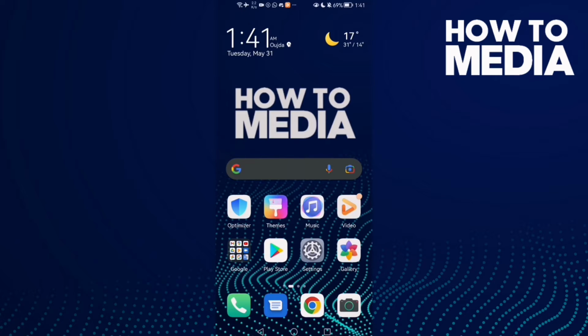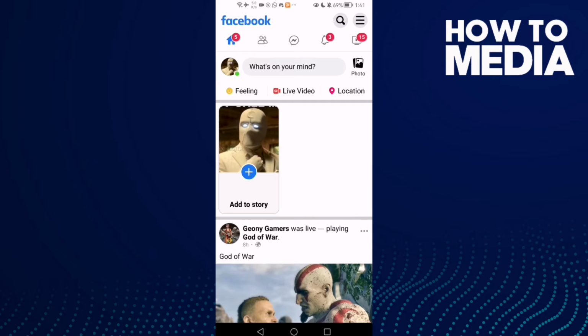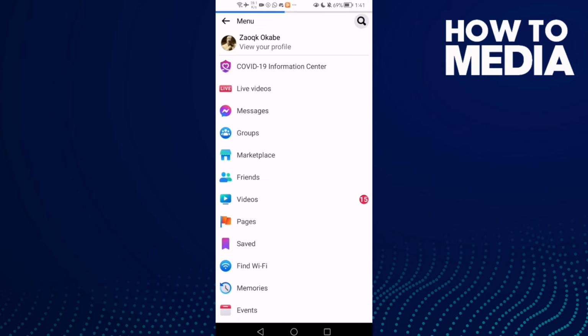How to make only specific friends can see your future posts on Facebook Lite. Hello guys, in today's video I'm gonna show you how to make only specific friends can see your future posts on Facebook Lite. First thing, go to Facebook Lite and here just click these three lines in the top corner